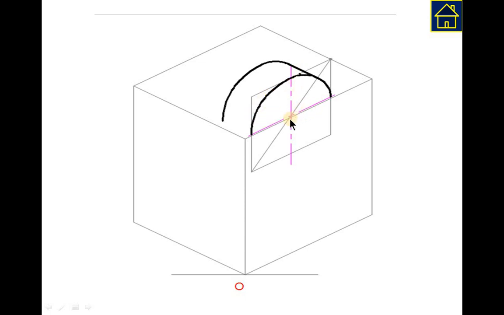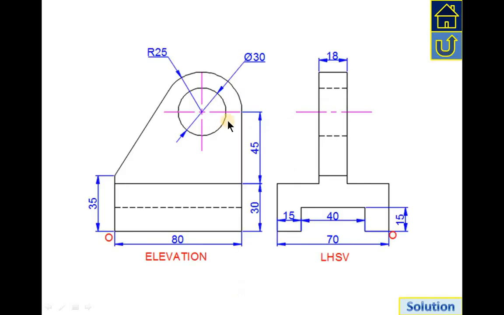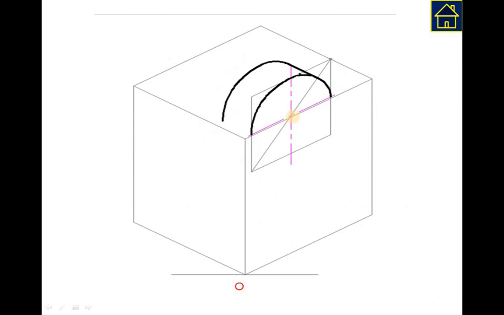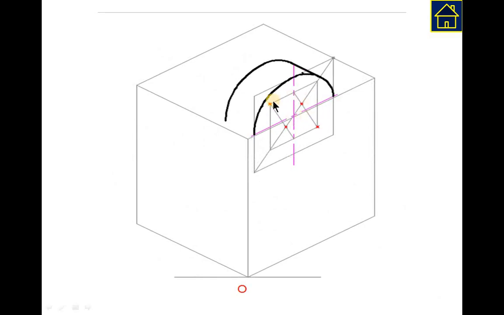Now our next task is to draw the center circle, which is a hollow one. It's a hollow portion. So here a similar structure you need to draw. Here remember we need to draw a complete circle. Just check. So this is a complete circle that we need to draw, and the diameter for this circle is 30 mm. So with this center point, 30 mm by 30 mm. So this is a parallelogram of 30 mm by 30 mm.